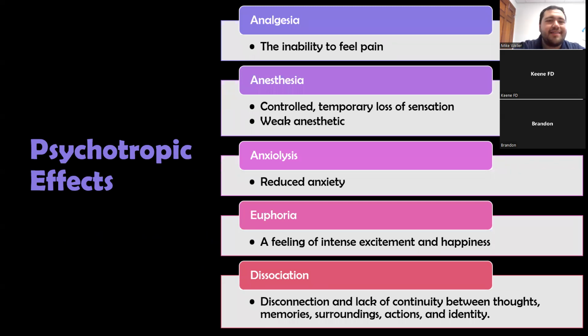So some of the psychotropic effects, again, analgesia and anesthesia, right? So we're going to be going for the inability to feel pain and the temporary loss of sensation. Now, it should be known that nitrous oxide is a rather weak anesthetic. And again, in the EMS setting, with that concentration of 50-50 that we're going to be giving, it's very unlikely that we're going to produce anesthesia with this medication. Typically speaking, when nitrous oxide is used in the operating room, it's used in conjunction with another anesthetic. So oftentimes it's used to help other inhalational anesthetics get deeper in the lungs, or